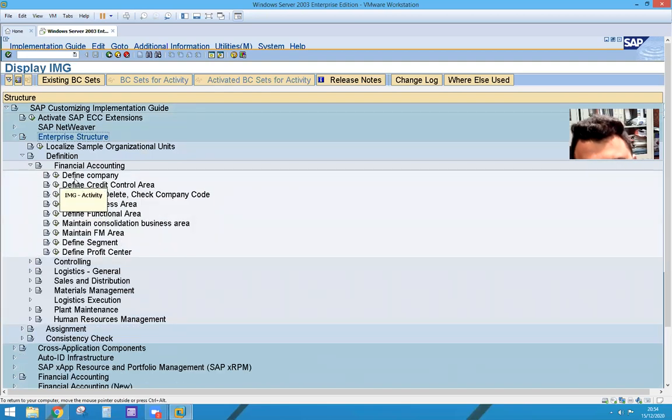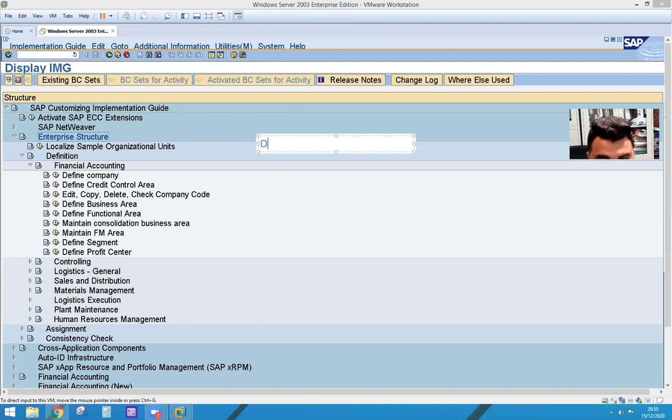This is the step, define company. Now you can note down. Let me write it for you so that it will be easy for you to note. What is step one? Step one, definition. So define company definition is our step one. Common structure. See, define company.